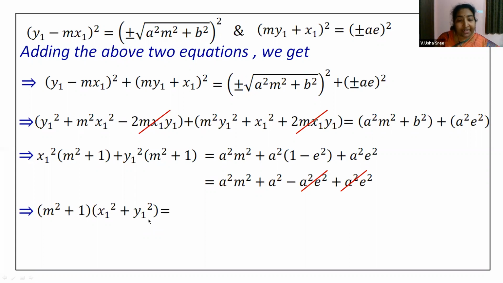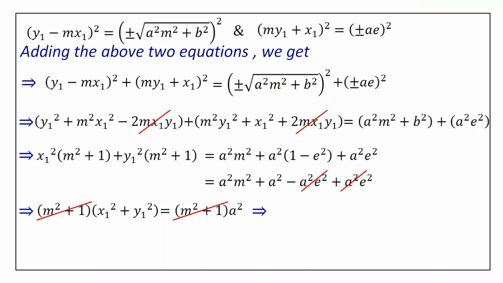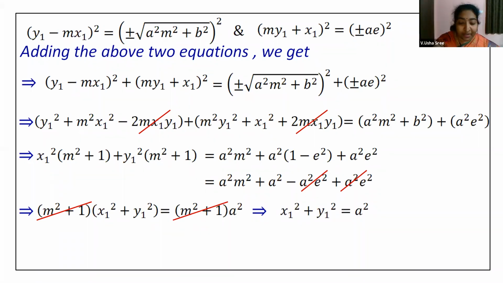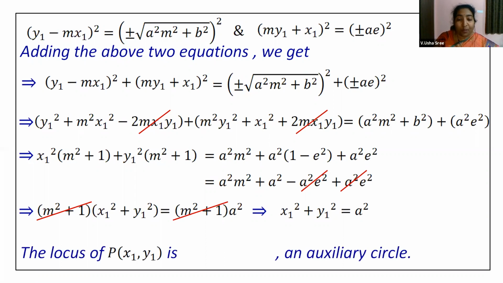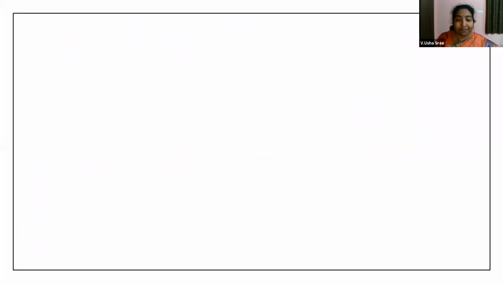And here again on the right hand side, I can take a square common. Then you'll have m square plus 1. Both m square plus 1 on either side of the equality get cancelled. So you will have x1 square plus y1 square equal to a square. Since it is a locus, we can always replace x1, y1 with x, y, and we will write it as x square plus y square equal to a square, which is the auxiliary circle equation. Now, the last problem which we are going to deal with is an important one,